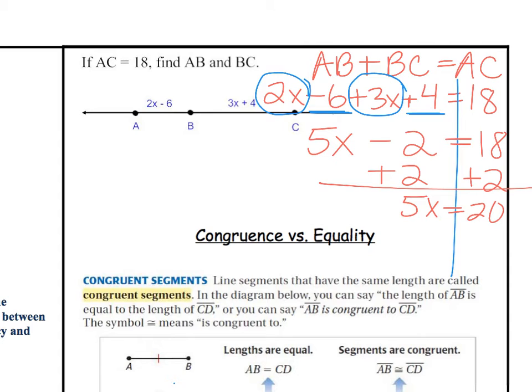And divide by 5 because that's multiplication. So x is equal to 4. Are you done? No. It said to find AB and BC. So now you have to take 4 and substitute it into those expressions to get what the actual lengths are going to be. So if I know x is equal to 4,